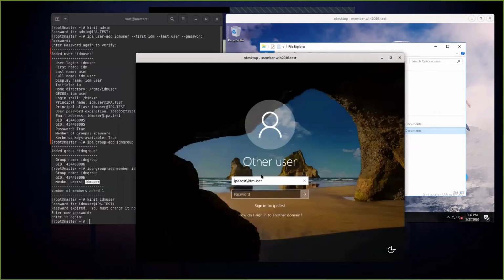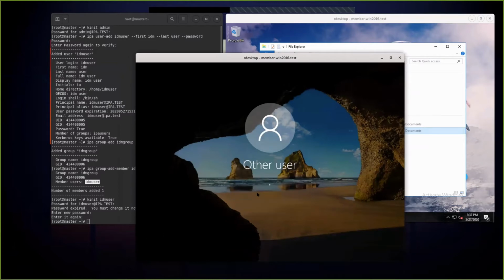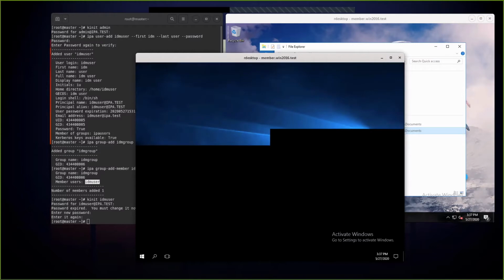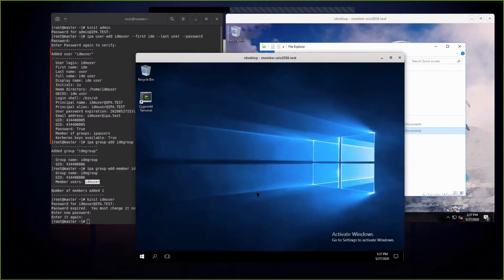Okay, so I specify my domain and my username, then my password. And you can see that I was able to connect.